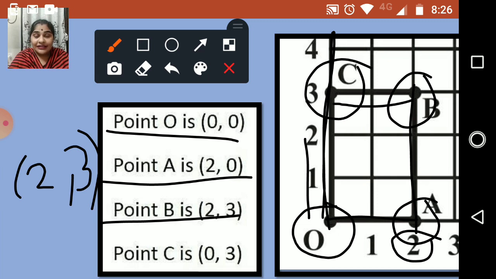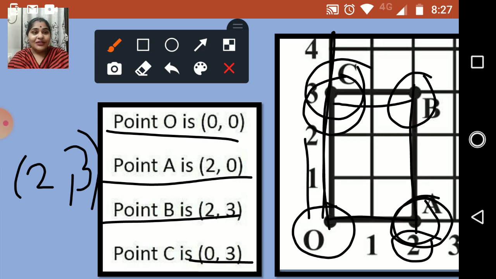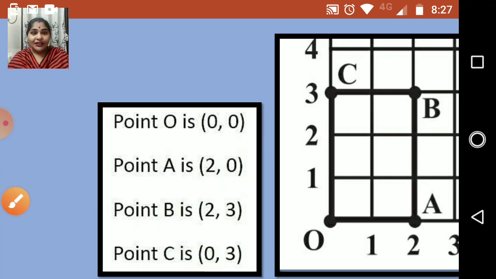When the point is lying on y-axis, the x coordinate is 0. And when the point is lying on the x-axis, the y coordinate is 0. Okay, so here the point is lying on y-axis, so obviously x coordinate will be 0. So x is 0 and y coordinate is 3. Similarly, if you see, A was lying on x axis, so y coordinate was 0. Okay, so these are very important points to understand. So these are the answers.